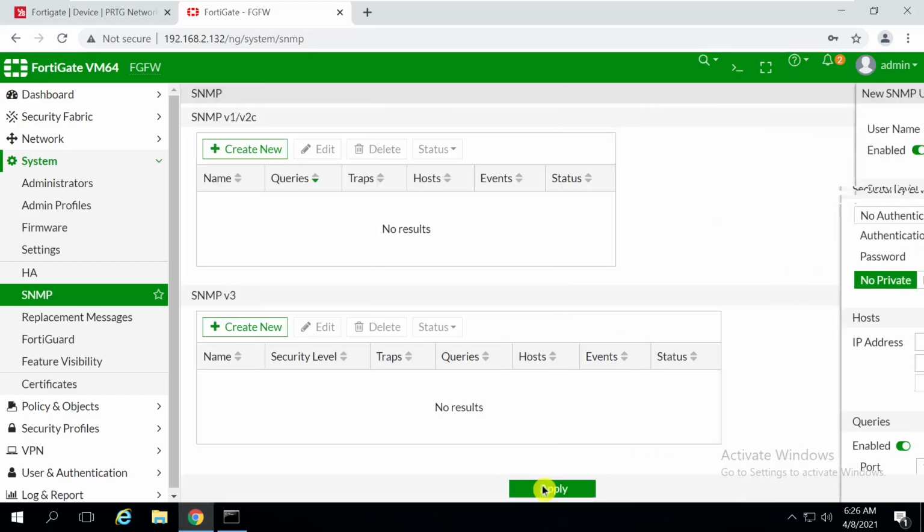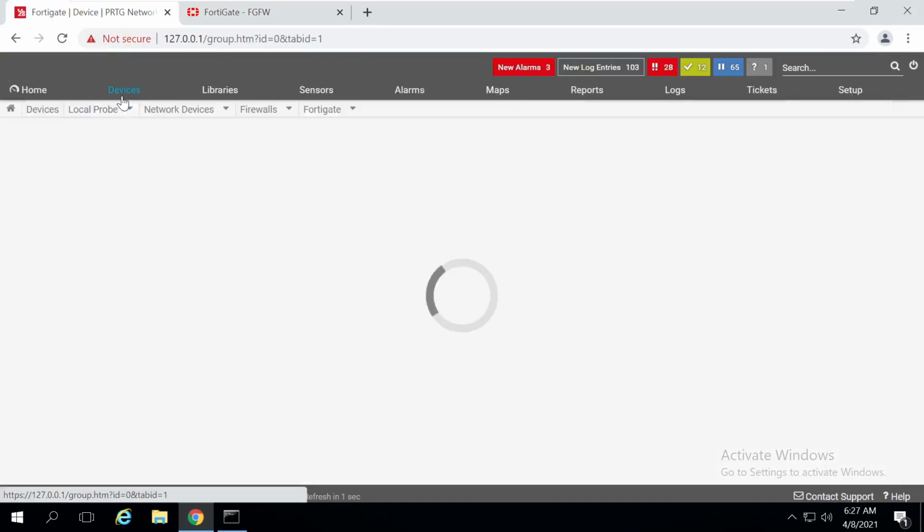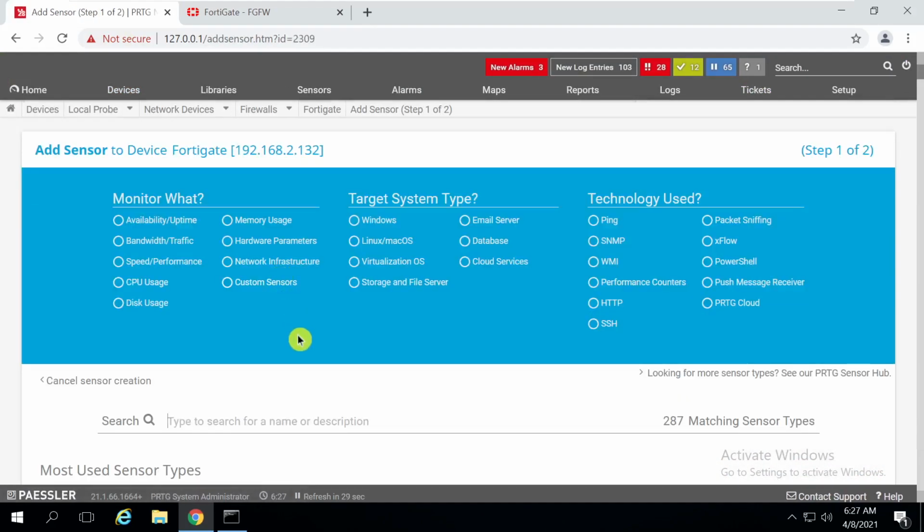That's it, I'm clicking OK. Once you click create new, you then need to apply it also, otherwise it will not save. You can see settings saved successfully. So I can go to the devices again here. I am adding the ping sensor first.